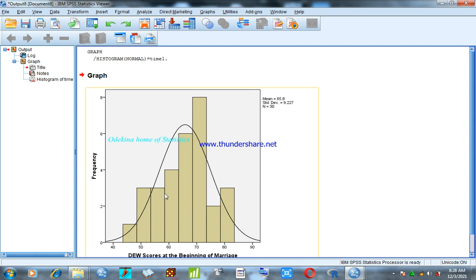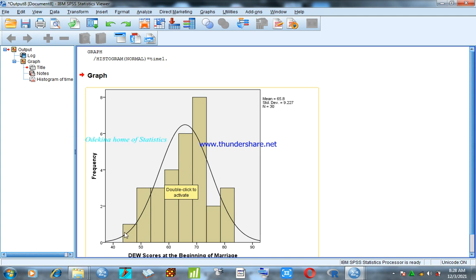Now as we can see, this is the normal curve. Whenever the normal curve has the shape of a bell, we can conclude that the data set is normally distributed. Like in this case now, our normal curve has the shape of a bell. So this indicates that the data set is normally distributed.